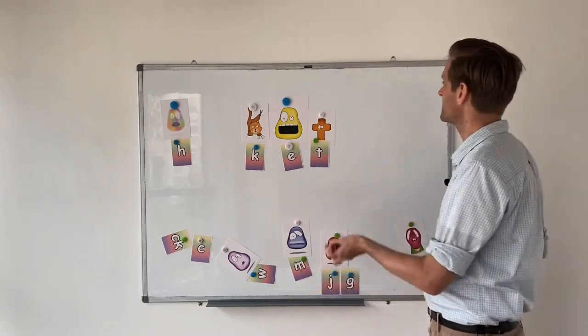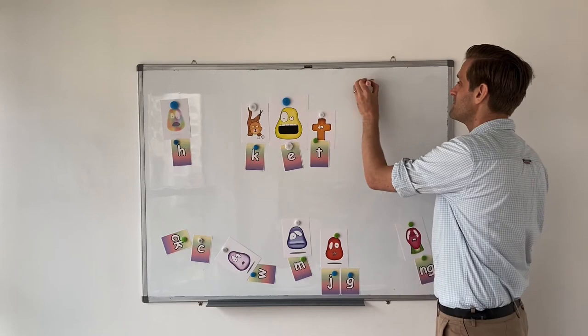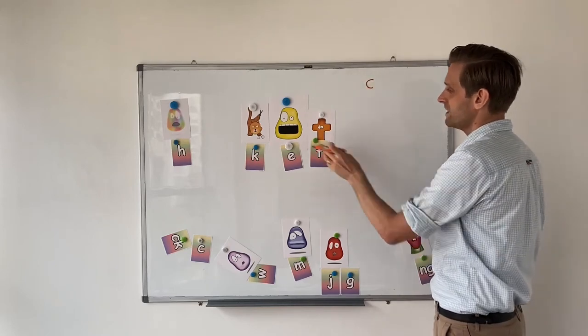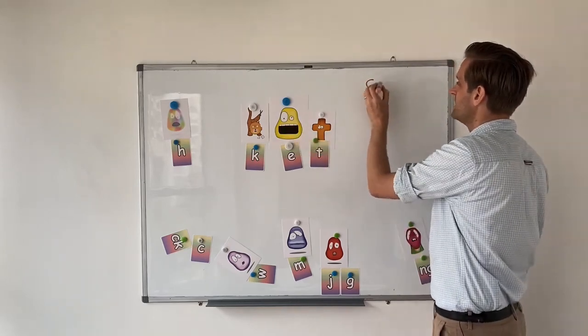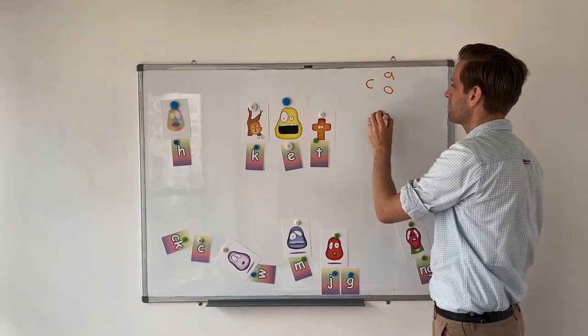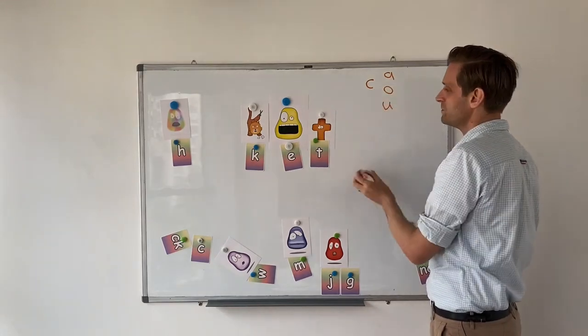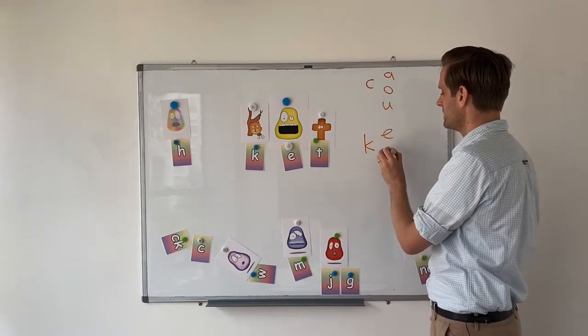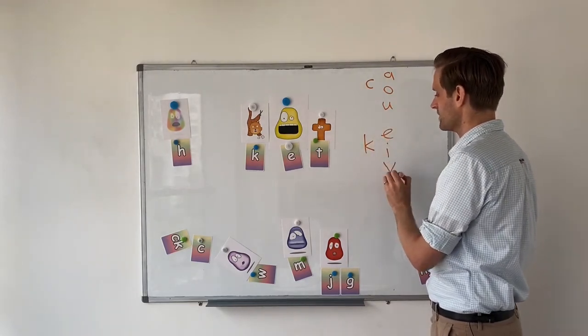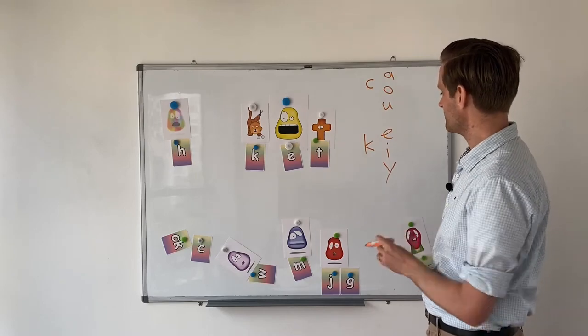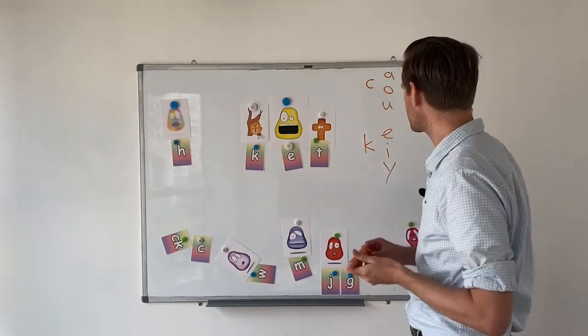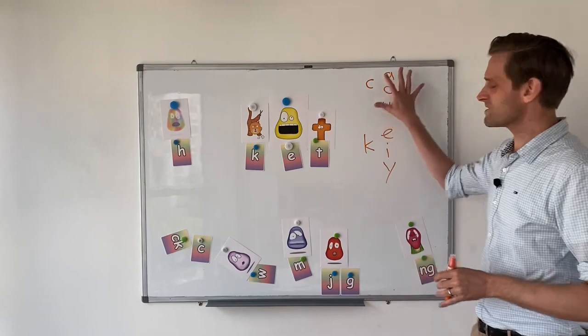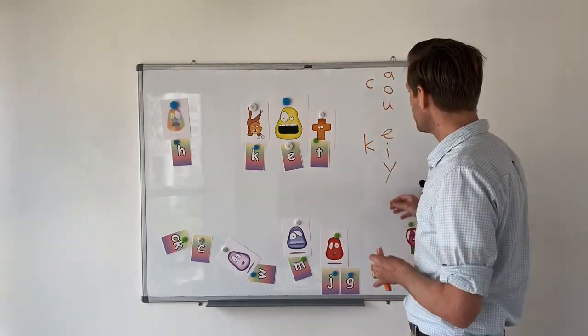Now, the rule is that at the beginning of a word, it will be C with A, O, U, or it will be K with E, I, and Y. I don't know if that occurs very often, but this is the rule. We're not going to try and teach the students to memorize this, but